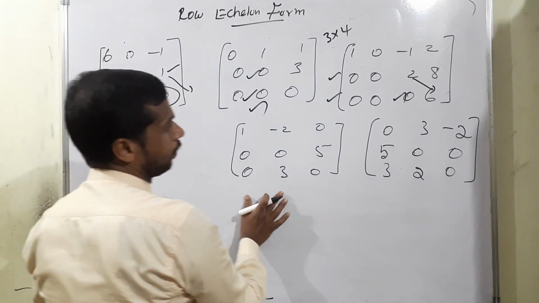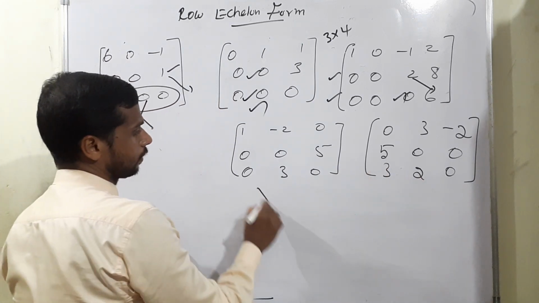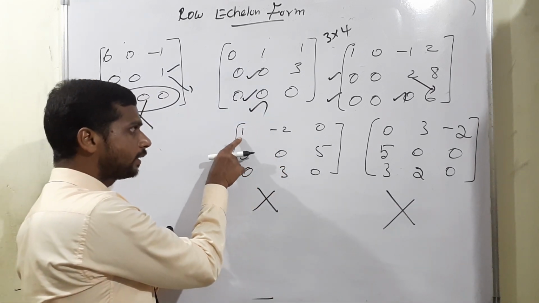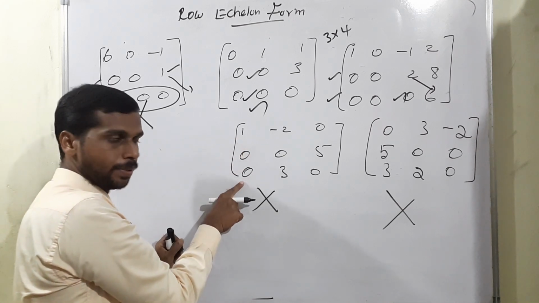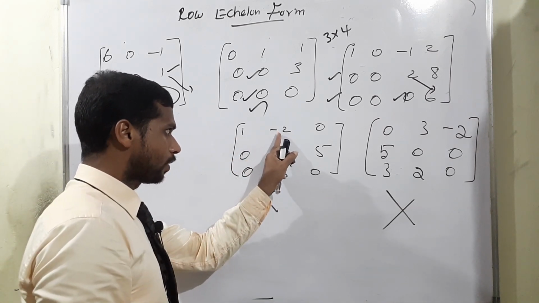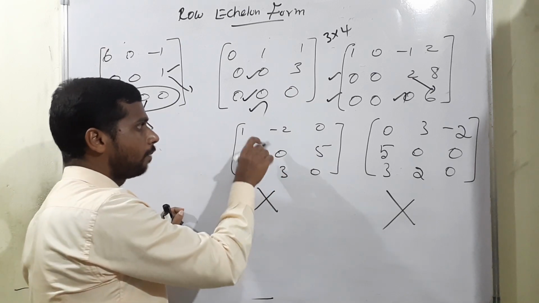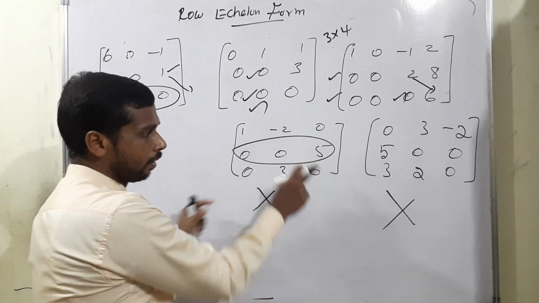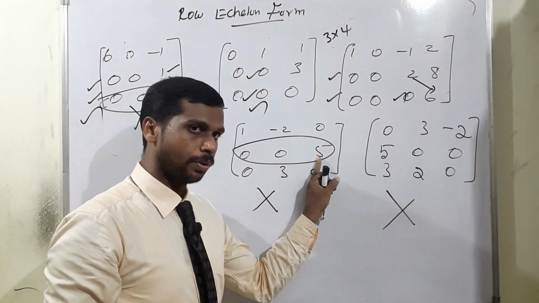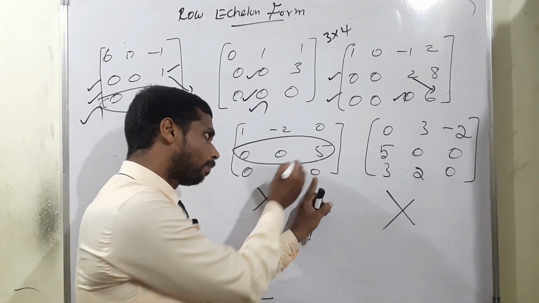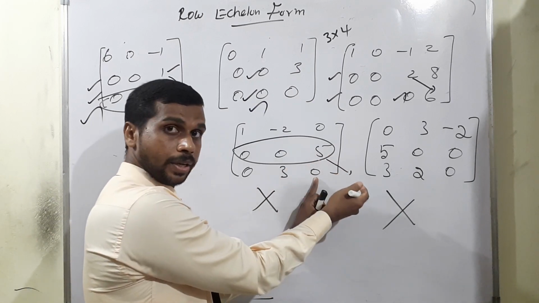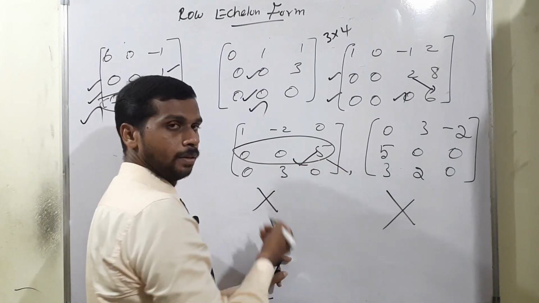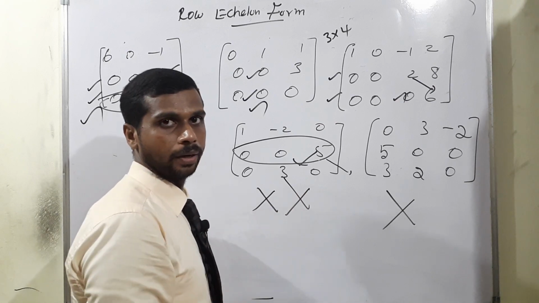Now the last 2 matrix sets, listen. This is also not a row echelon form, this is also not a row echelon form. Why? When starting the non-zero digit 1, the terms under it will be 0. Next one, minus 2 is there. I already told you, we definitely have to check the second term. The first one, whatever it is, is not an issue. In the second one, the third term is a non-zero digit. I told you the terms under it will be 0, but only on the right side should we write some non-zero term, but here the left side has one. That's why we are saying this is not a row echelon form.